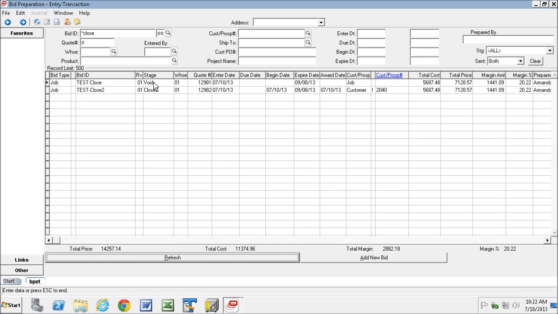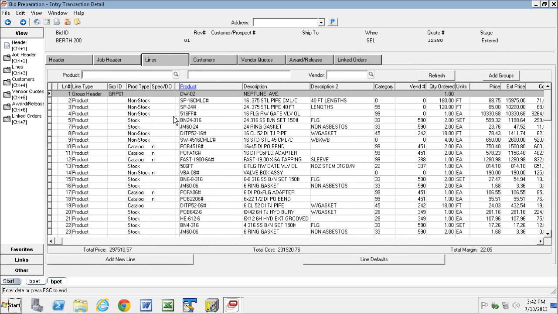So that way we can go back and, if we have to, do some analysis on what bids were lost and what bids were won. But the point here is you should always keep your list of open bids clean by closing the ones you don't need anymore. Now I want to talk about searching and filtering line items